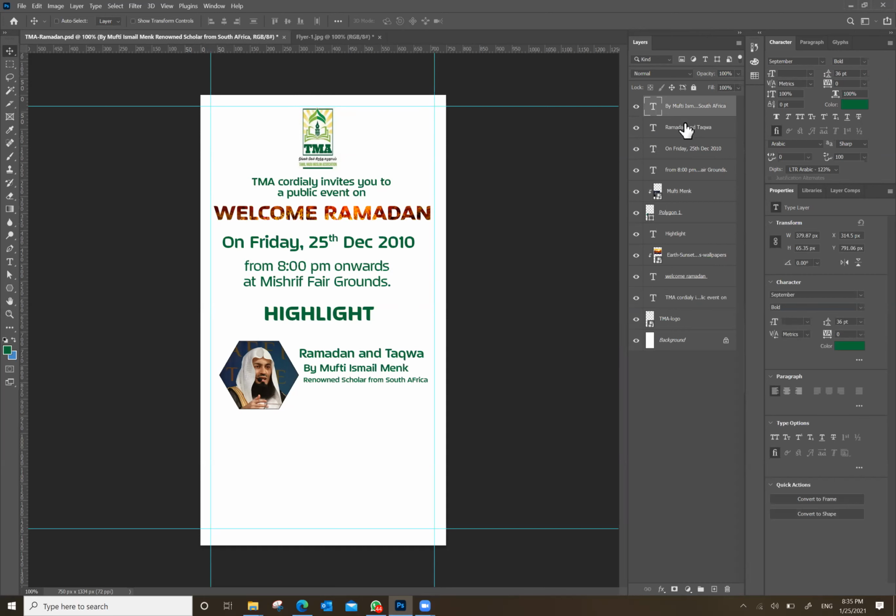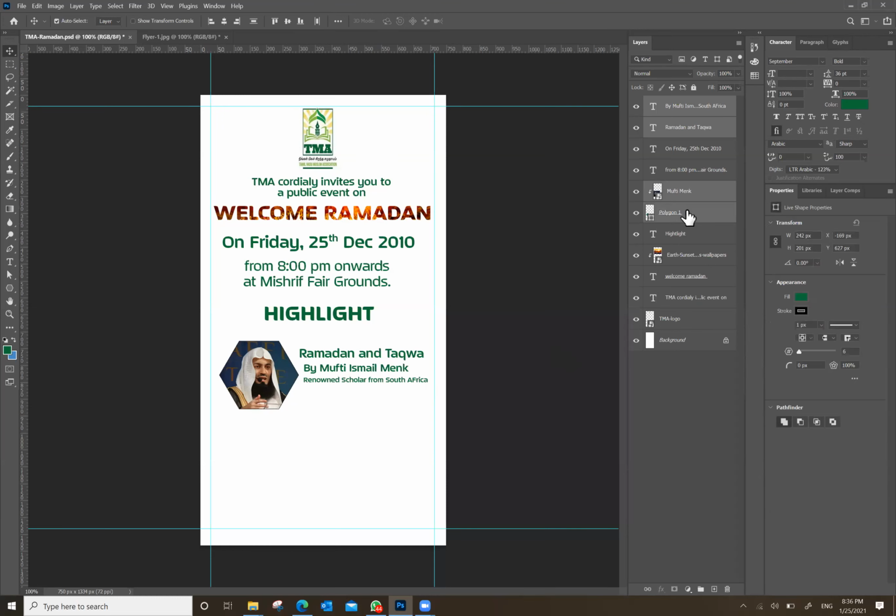So you select all the layers, hold down the Control key and keep selecting whichever layers belong to this area. Mufti Menk and Polygon Lasso, and then where is Ramadan and Taqwa? Renowned, I think it is part of the same one.